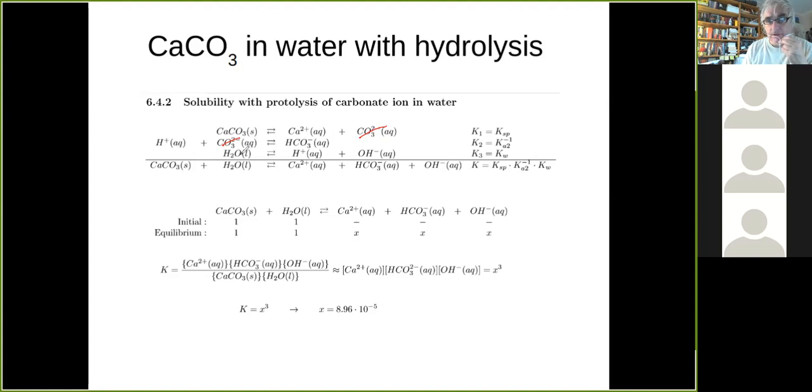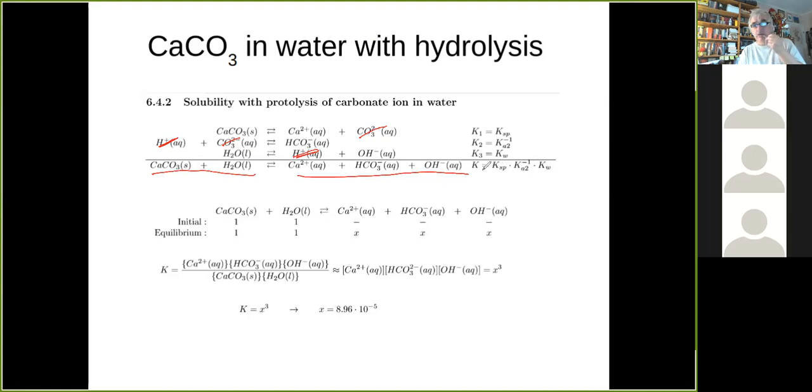But noting that water is auto-dissociated to a slight extent, at least, into hydrogen and hydroxide ions, we could add that one. And then we would be left with this equation